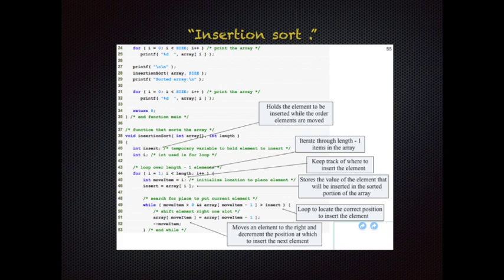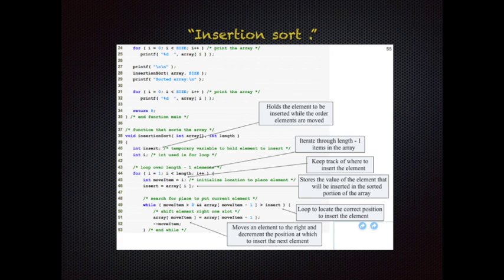Then again, we look down at the for loop there on lines 43 to 46. What that's basically doing is iterating through the n minus 1 items in the array, and it keeps track of where to insert the element. After it keeps track of it, it initializes a location to place the element. After it finds where to place it, it stores the value of the element that will be inserted in the sorted